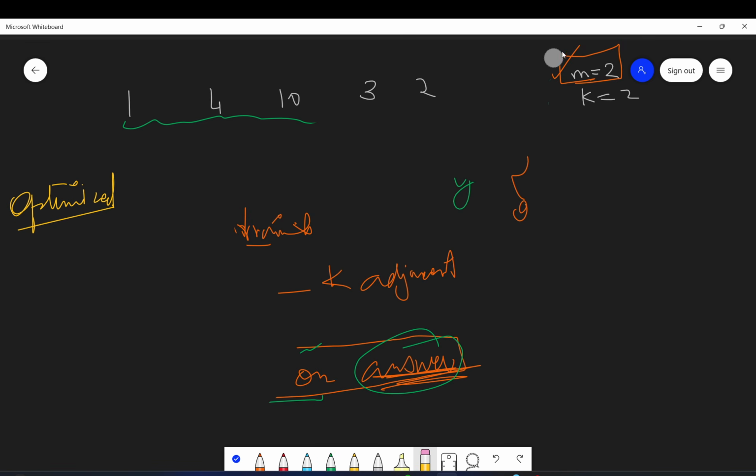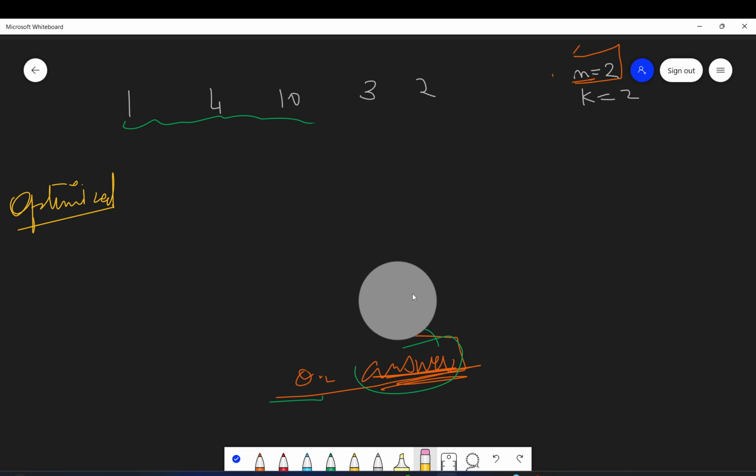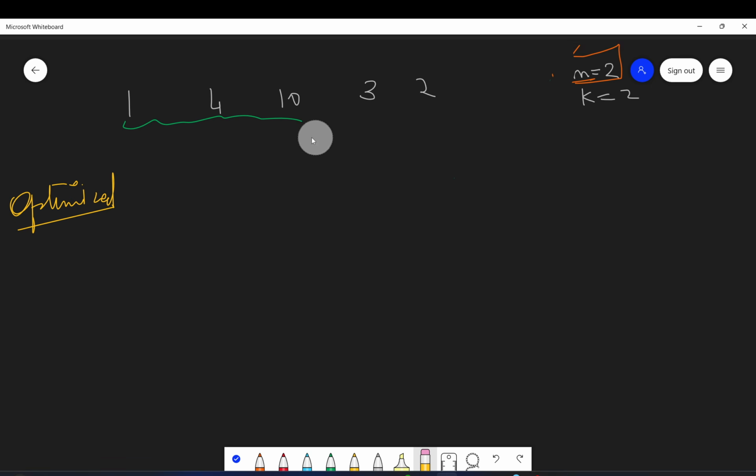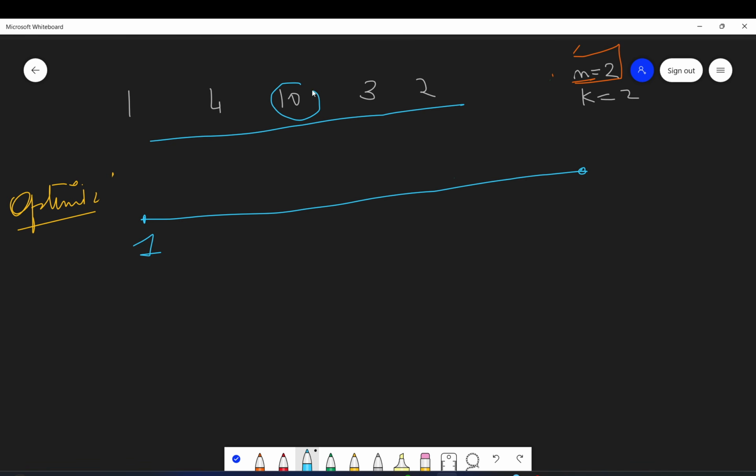Let me repeat it. Everyone can do a dry run, but it is very important to know how you can identify which problem it is. I am just trying to explain how you can get that. Let's say we start from day 1, and the maximum number of days it can take is the maximum number of days a flower takes to bloom. So let's say 1 to 10.